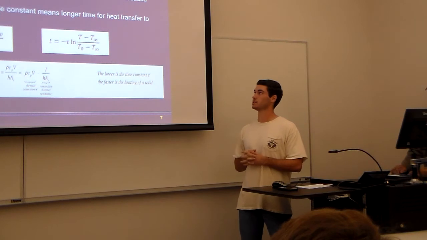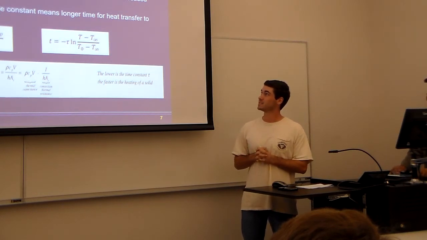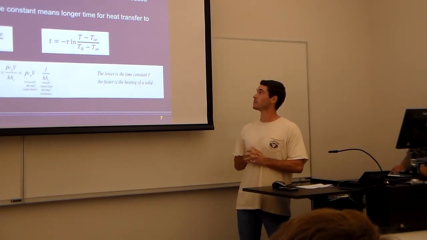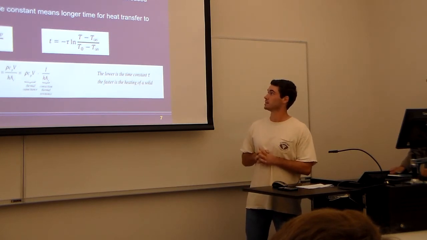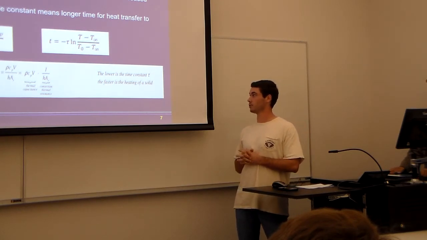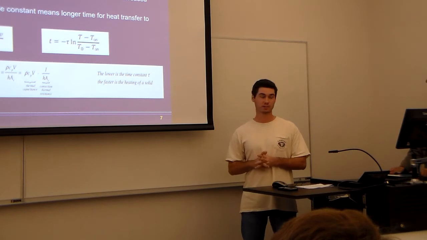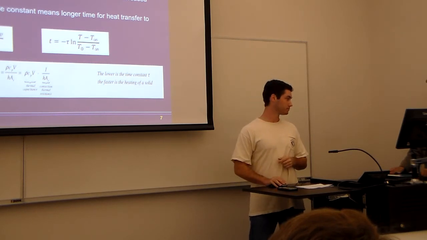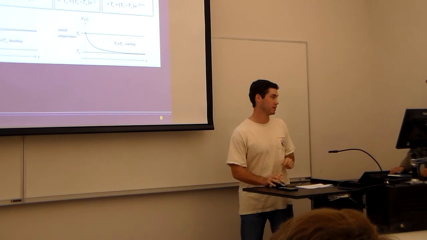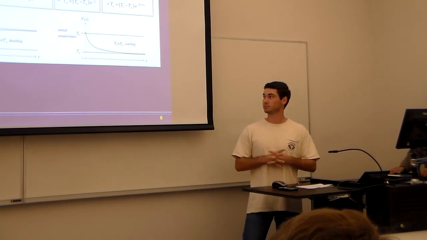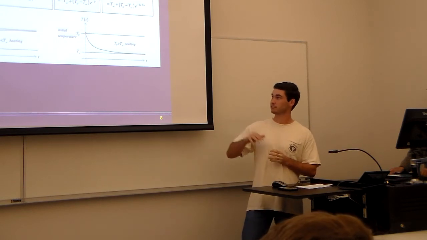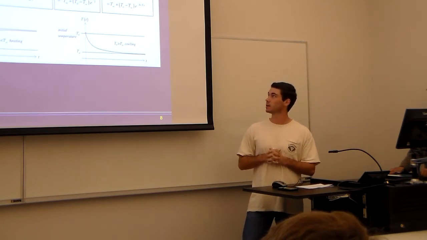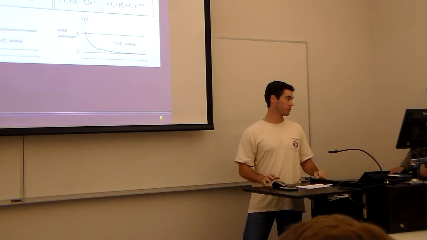So more on the time constant theory is that whenever we have high density, high specific heat, or high volume, those all lead to increased time constants. So when we have a larger time constant, that means it's longer for the heat transfer to occur. And vice versa, the lower the time constant is, the faster you'll have heating of a solid. So the expected results we can have from this equation is that when the initial temperature is low, we're going to have heating and reaching an average value after a few time constants, and vice versa for cooling of the